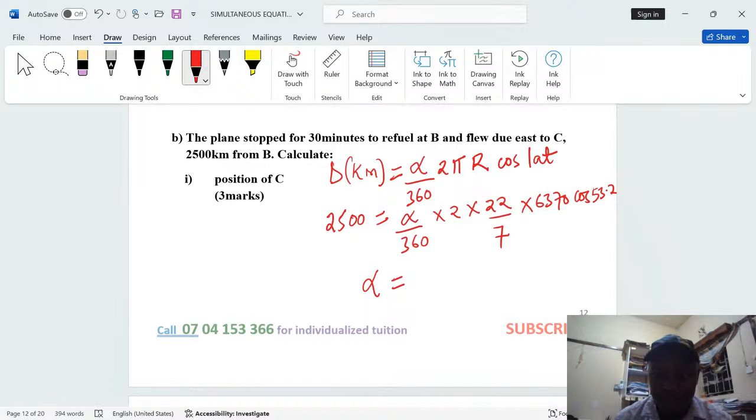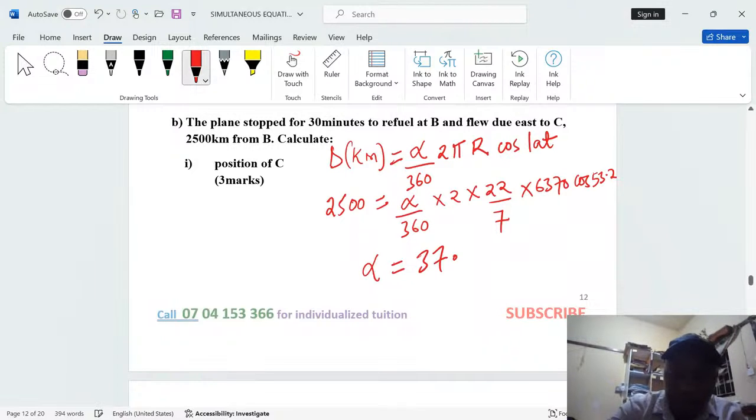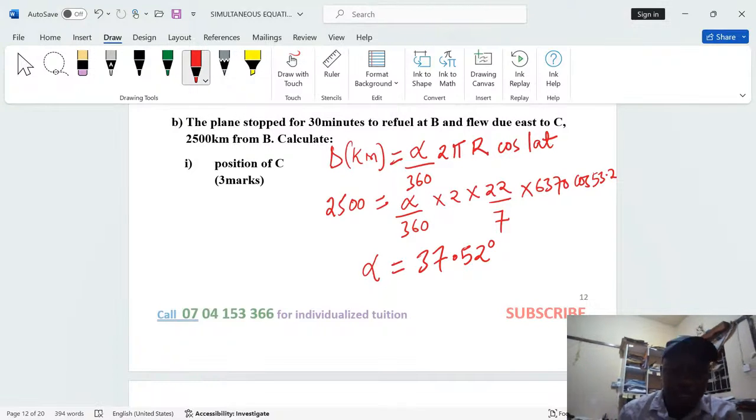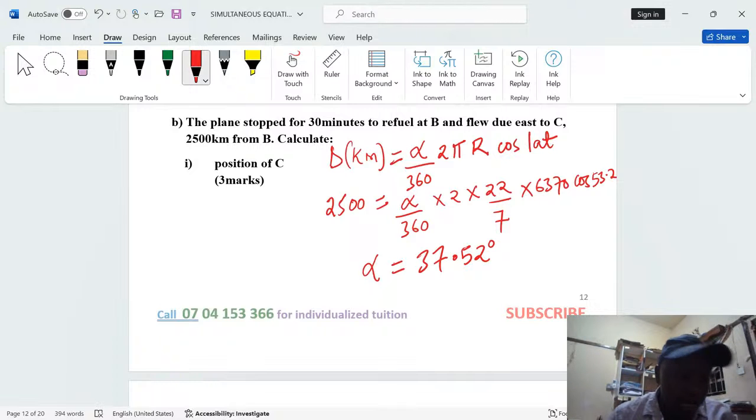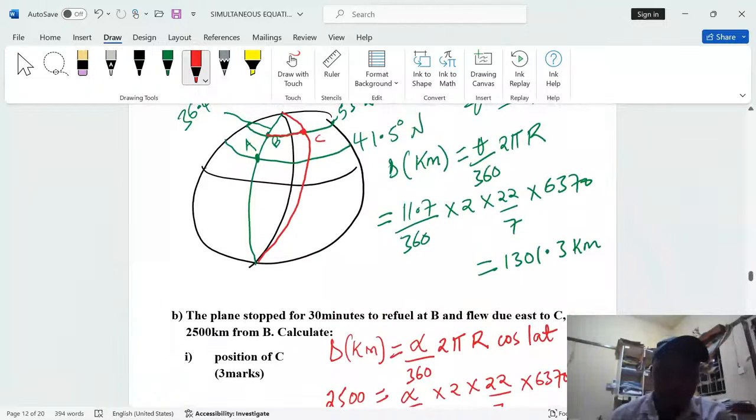Then we divide by the numerators after opening brackets, 2 by 22 by 6370 cosine of 53.2. And the angle difference is going to be exactly 37.52 degrees. Therefore, there is an angle difference of 37.52 degrees when you move from point B,